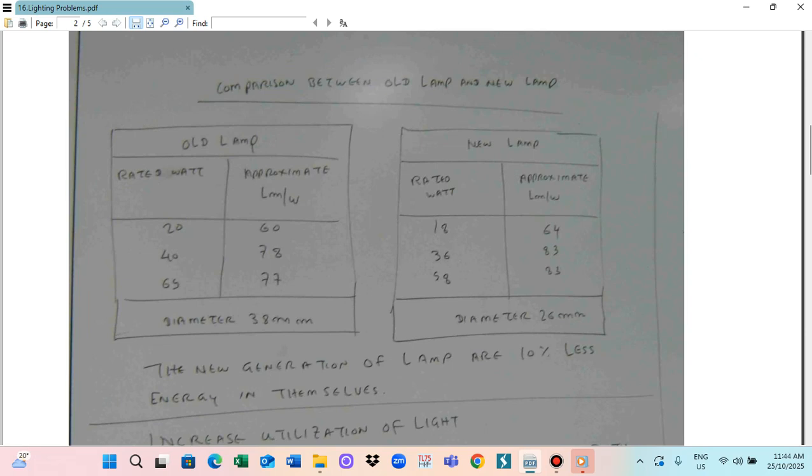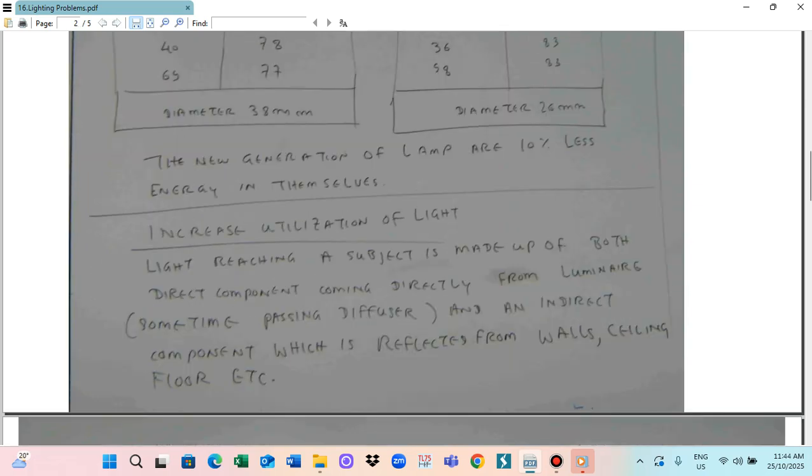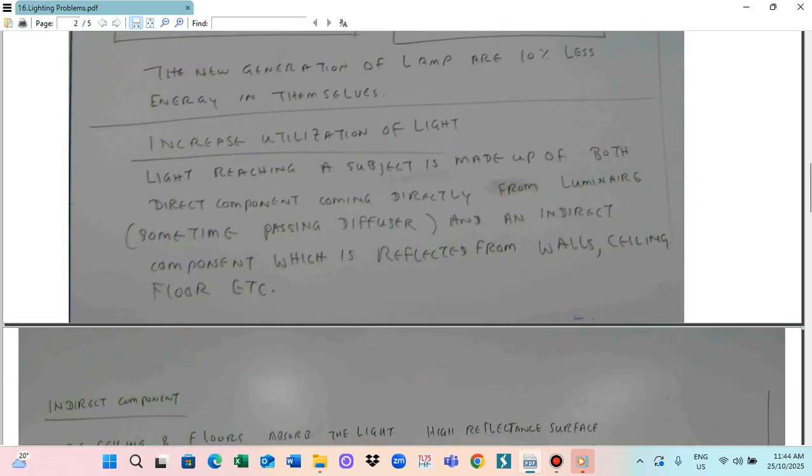Another one is to increase the utilization of the light. If you want to improve the energy efficiency, we have to increase the light utilization. So in this case, for the quantity of lighting, you have to use an appropriate reflection system. Reflection is the most effective way to increase the luminary. So you have to use the reflector from the wall, ceiling, floor. You have to use the appropriate reflector. In this way you can maximize the utilization of the light.